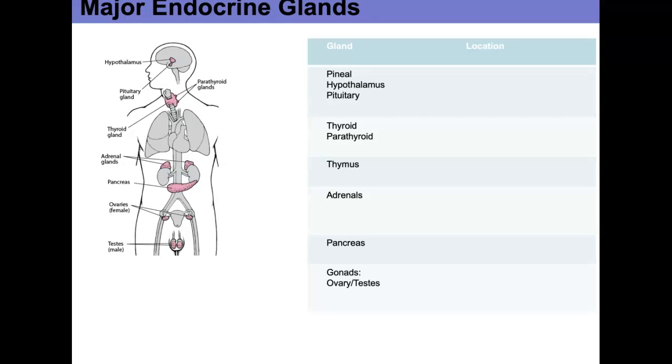All right, so here are the glands that you need to know. Three of them you already know because we've been studying them as part of the nervous system: the pineal, the hypothalamus, and the pituitary. So obviously you know where those are located in the brain, so you can jot down the location. Now, right in your neck, if you take a look right here,